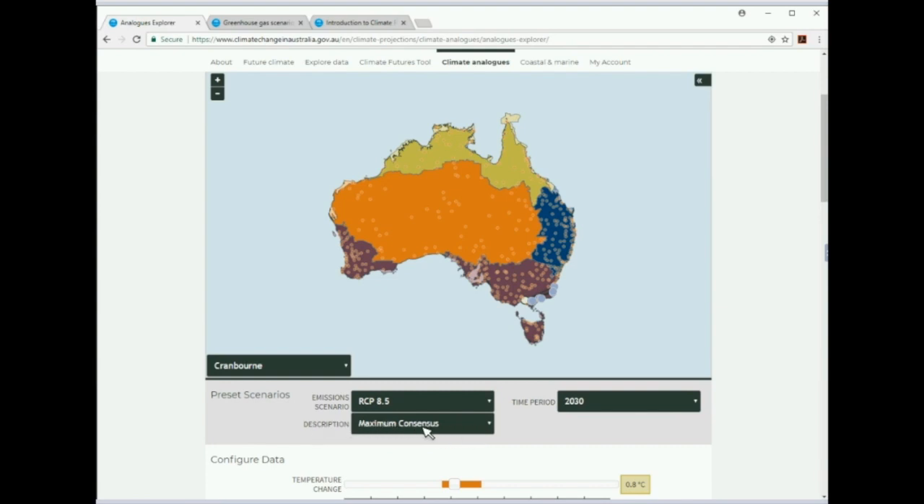These climate descriptions are based on a climate futures approach that we've applied for the projections across Australia, and you can find out a bit more of that in the Climate Campus on the website, which I can show you in a second. But basically what it's doing at the moment is showing us that for Cranbourne, under those conditions, we have a